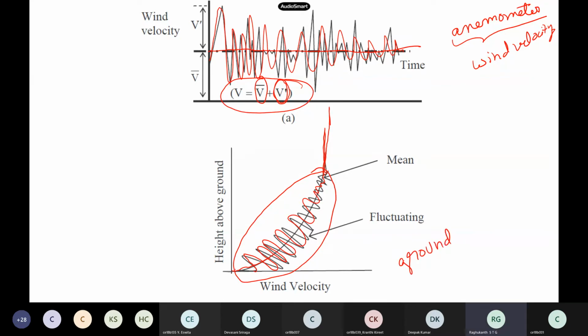Very close to the ground, it is because of surface friction with the earth surface and other things. So wind speed reduces, but as it keeps going up it increases. So this portion shows how much height our surface topography or the friction of the earth surface influences the wind. There is a technical term for this layer. What do you call this layer? Does any of you have any idea?